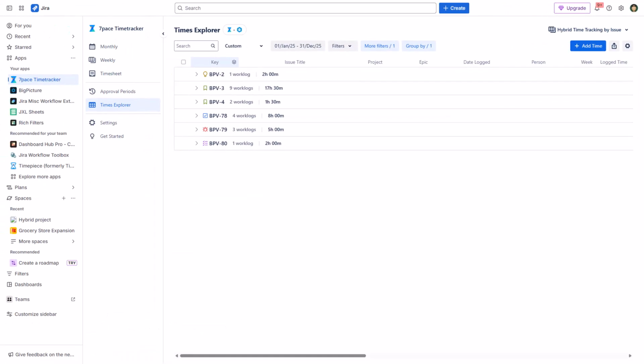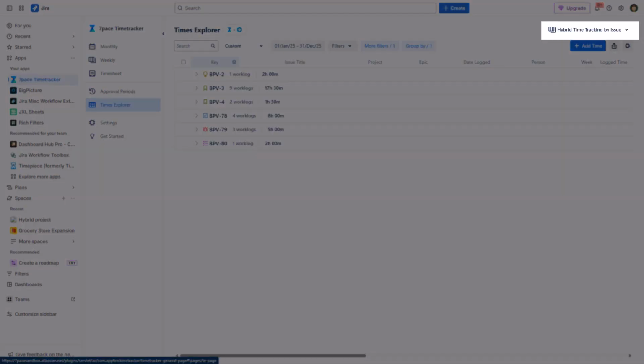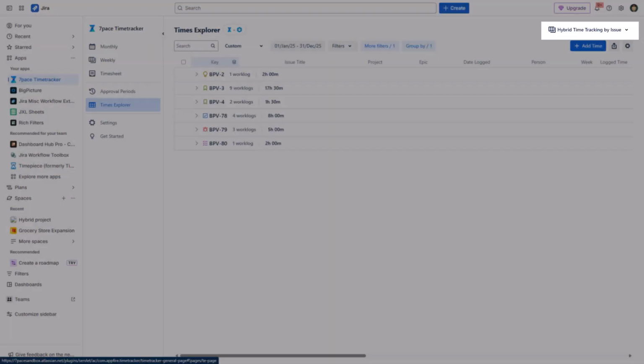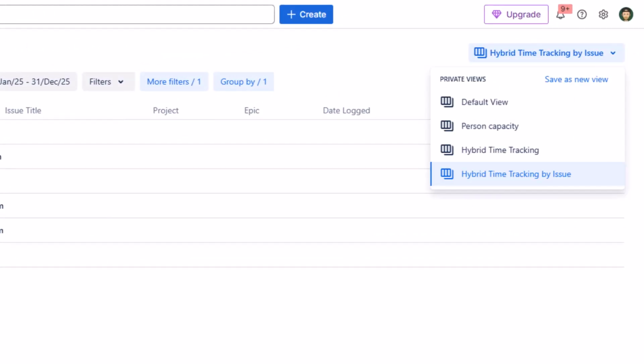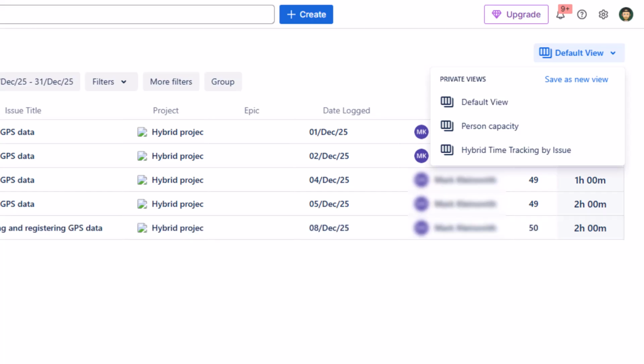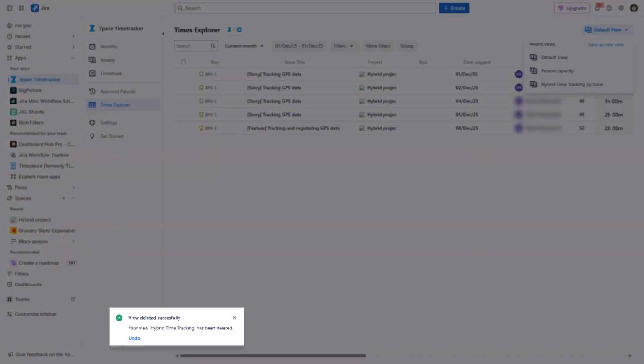Note that when you move from the Times Explorer to another page, for example monthly, and then back to the Times Explorer, the last view remains current. To delete a view, simply click the Delete button to the right of the view name. Note that there is an Undo option that displays in the lower right-hand corner, just in case the private view